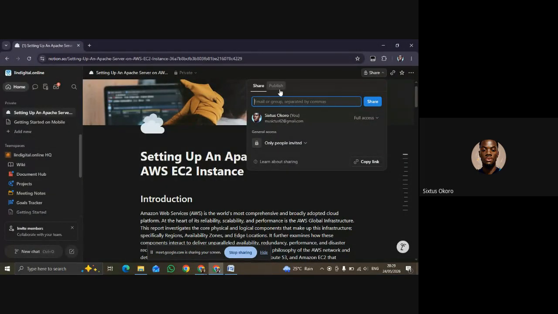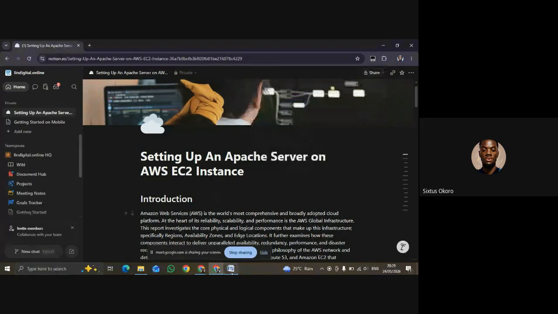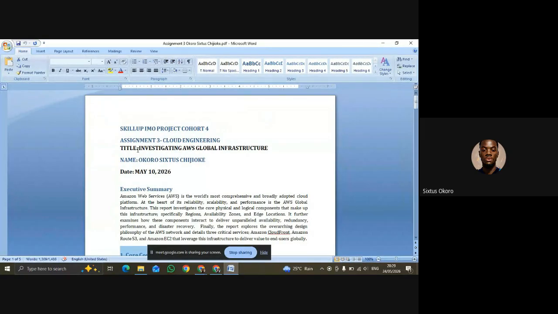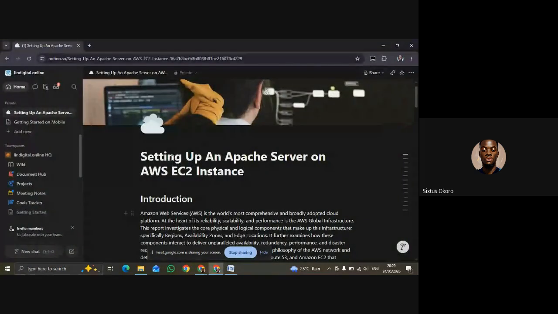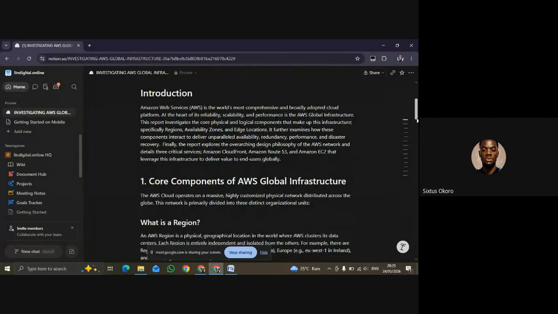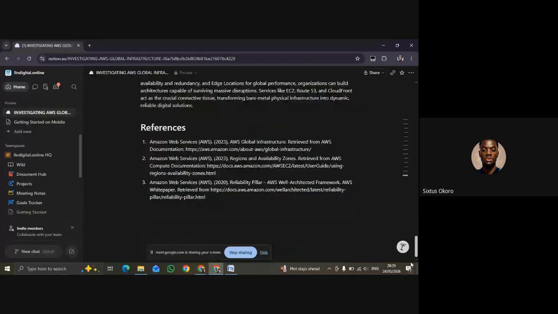So I'm trying to, for example, this is not even what I was. This assignment is not about EC2 instances. The assignment topic is investigating AWS global infrastructure. This is a particular assignment. Good. Change this instead. Right. Investigating AWS global infrastructure. So let's say that this is an